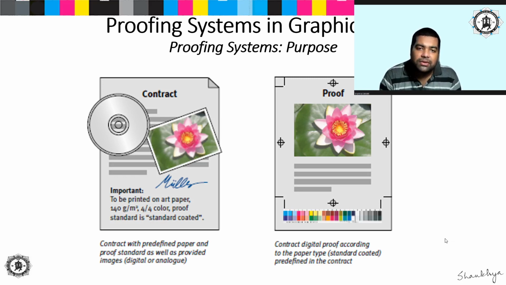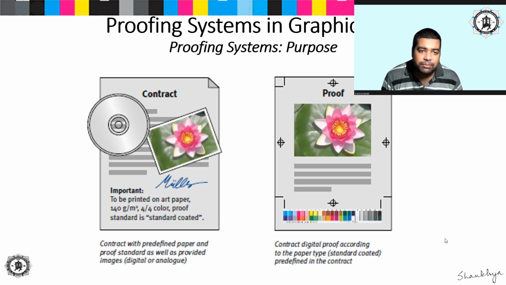If after all these deliberations your client is fine with it, if the print buyer is fine with it, then you both, that is the printer and the print buyer, will have to sign a contract that okay, so this many copies are to be printed, and this is the quality that we are signing the contract on. So such type of proofs on which you can sign contracts, saying that the print buyer is saying that if this is the kind of quality after delivering the product from the print shop, I will be accepting these copies, and this is the quality that we have both accepted on.